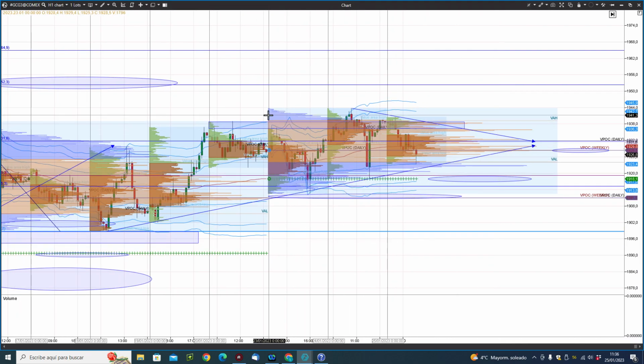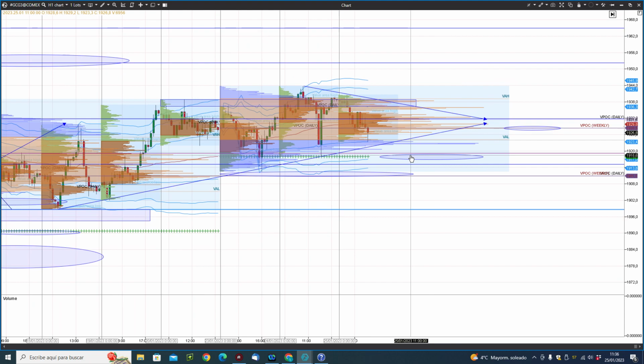About gold. Gold, we can see we are rebounding between value area low and value area high of this week. Lower targets, the first one is this final of weekly VWAP, about 1918, and the next one would be in this high volume node, 1911. About higher targets, perhaps the value area high of this week at